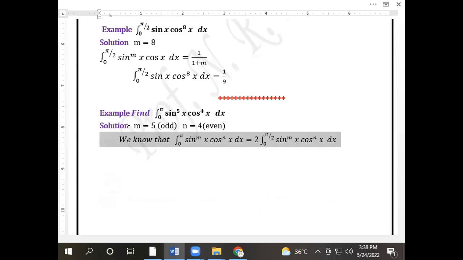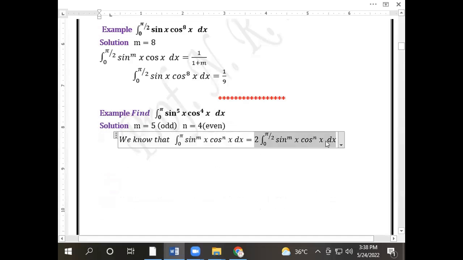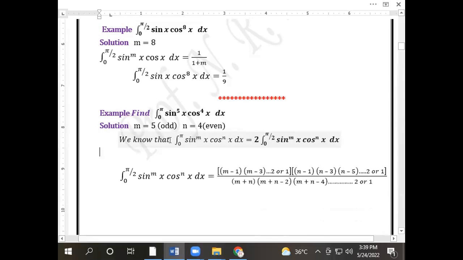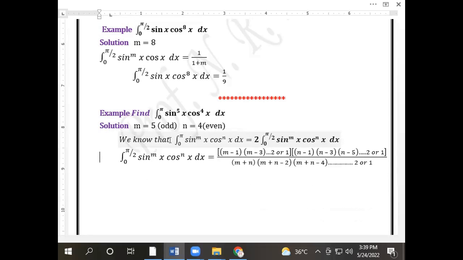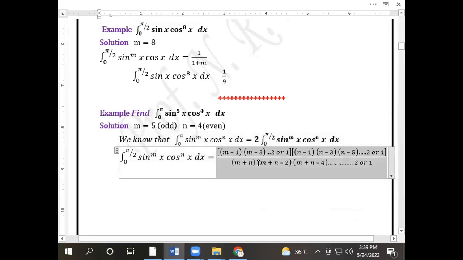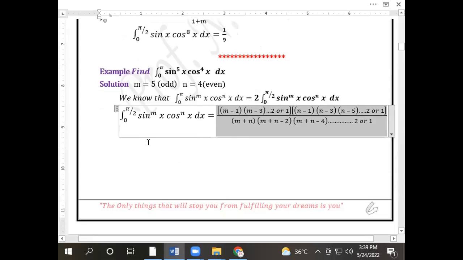If n is even, then we have to multiply 2 times integration 0 to pi by 2. This is the standard conversion. When the value of your n is, suppose, odd, then we can make this change. Again, we know the standard formula, subtraction of your odd numbers from your m and n. The formula is here. We are subtracting odd numbers from m, odd numbers from your n, and the summation of both m and n, and subtracting all the even numbers. So we get a final solution in the form of,